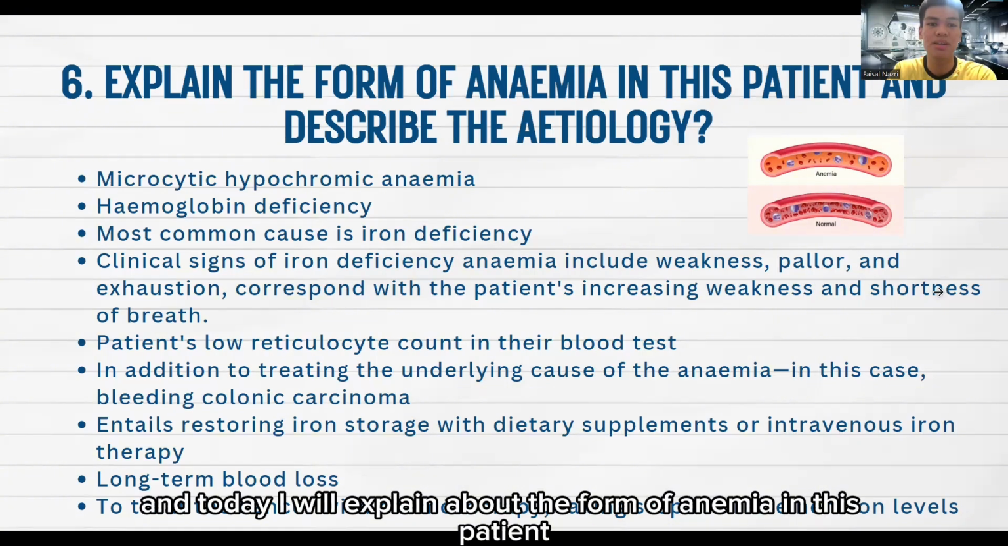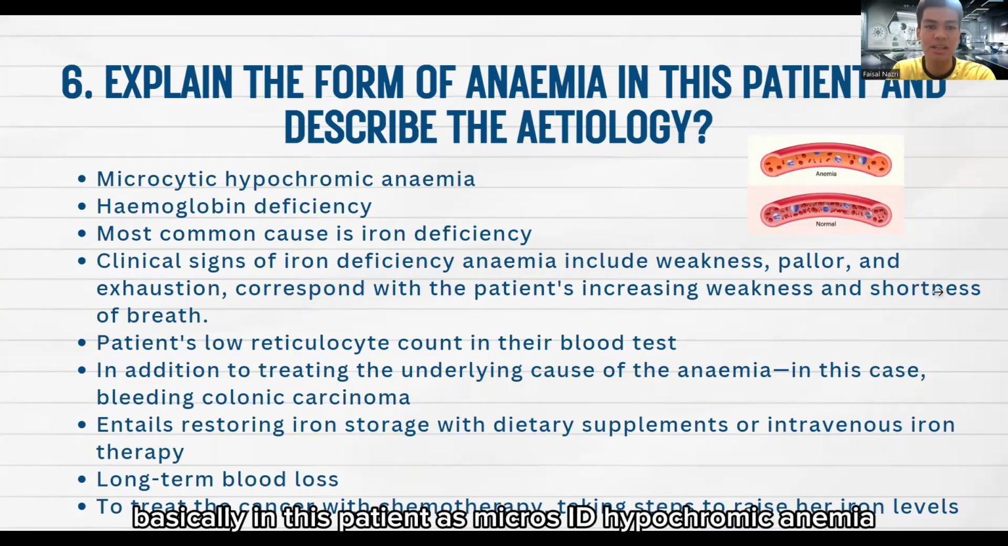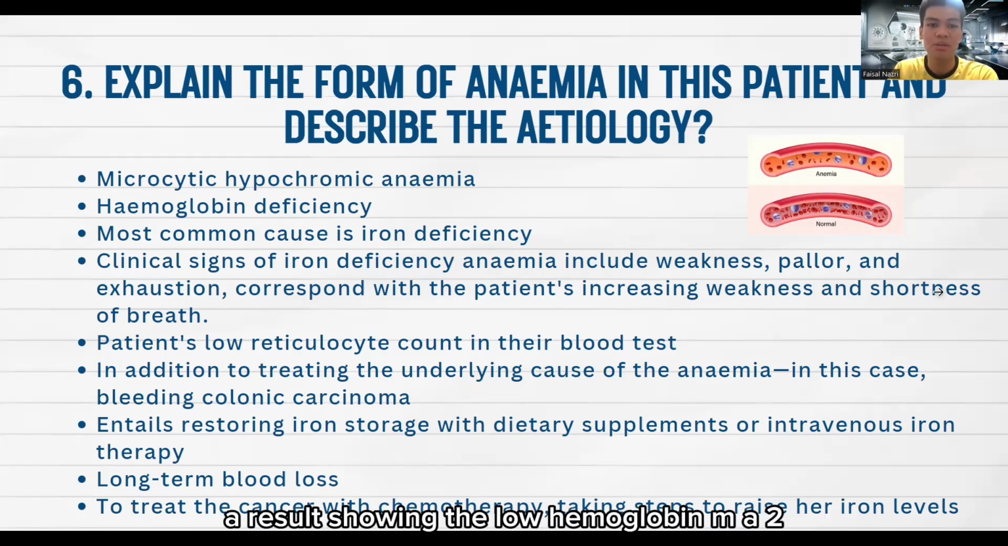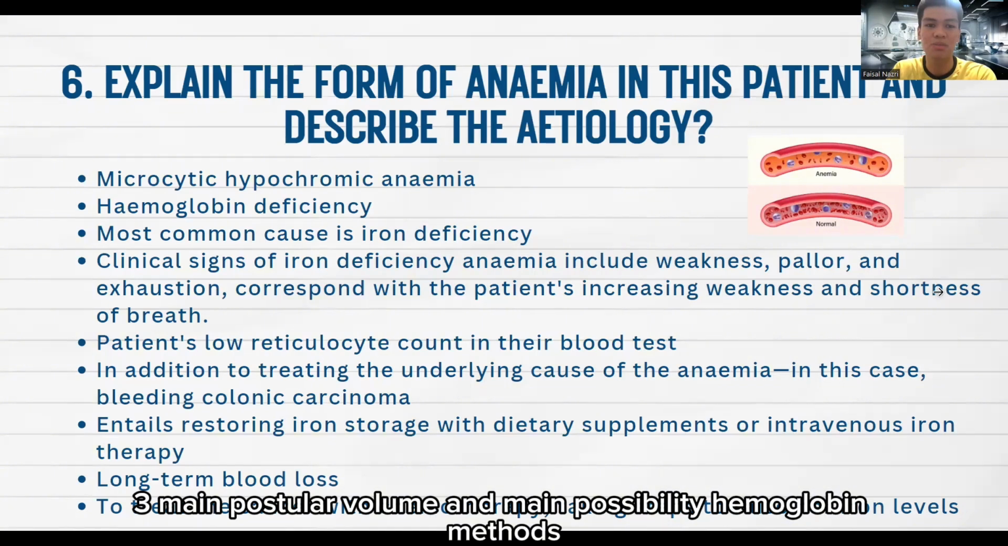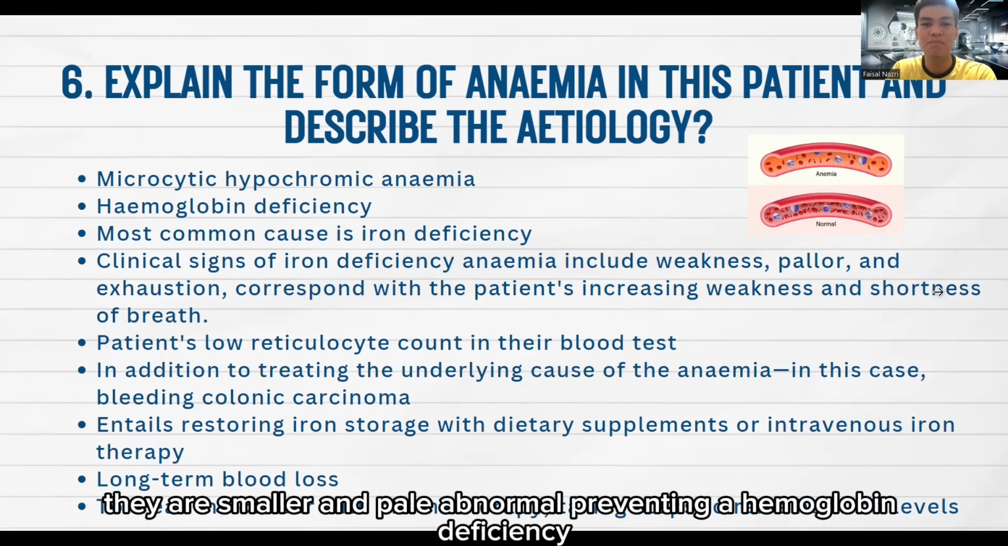And today I will explain about the form of anemia in this patient and describe the etiology. Okay, basically this patient has microcytic hypochromic anemia as indicated by laboratory results showing low hemoglobin, hematocrit, mean corpuscular volume, and mean corpuscular hemoglobin levels. This form of anemia is characterized by red blood cells that are smaller and paler than normal, reflecting a hemoglobin